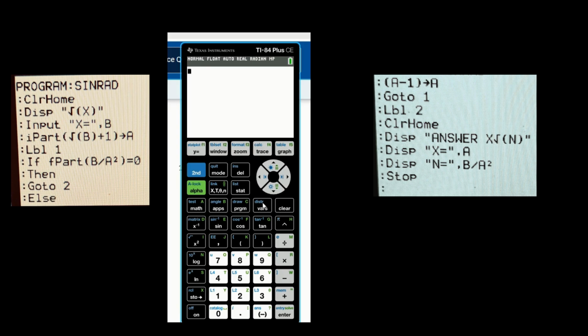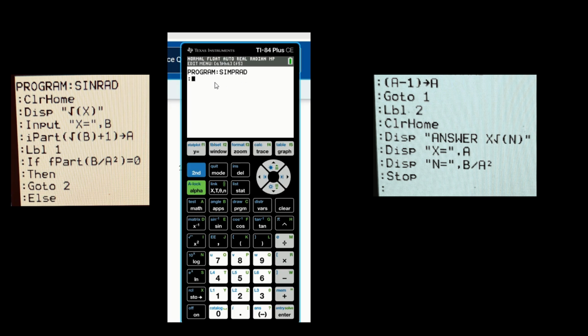Press program here and then go to new, press create and name it as simplified radical. So rad. Okay. And then after that, we will enter it. So we already have a name of our program, which is simplified radical.